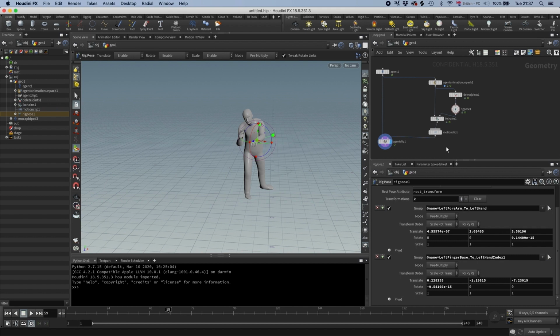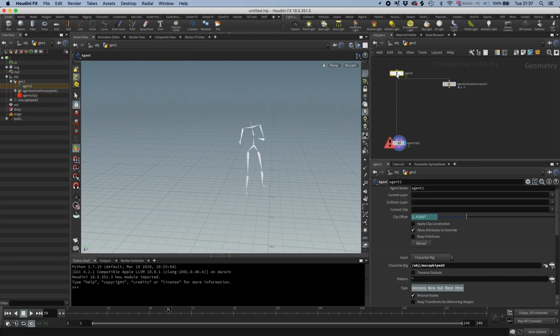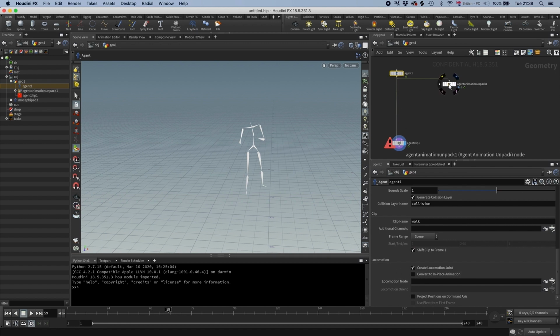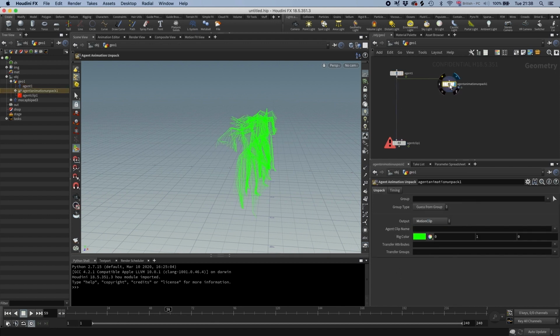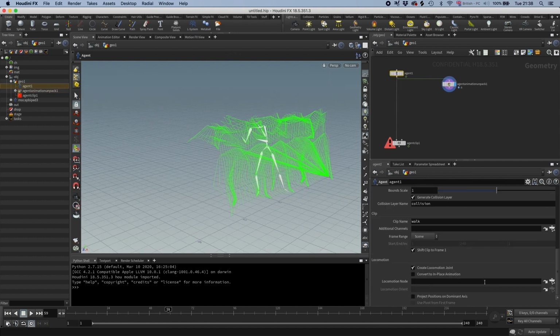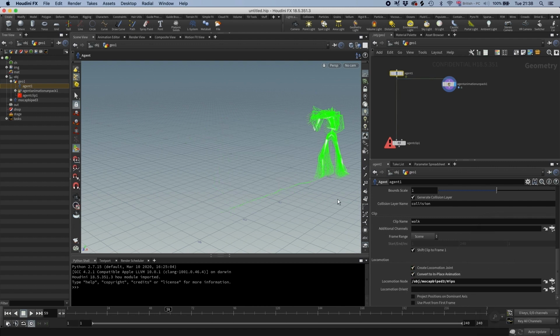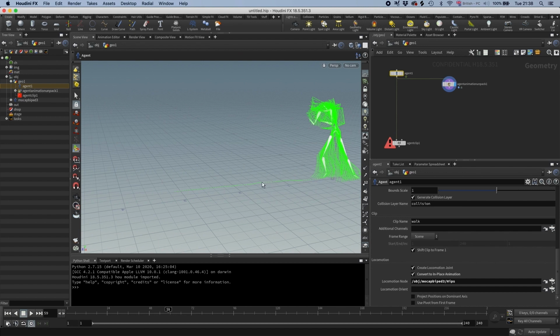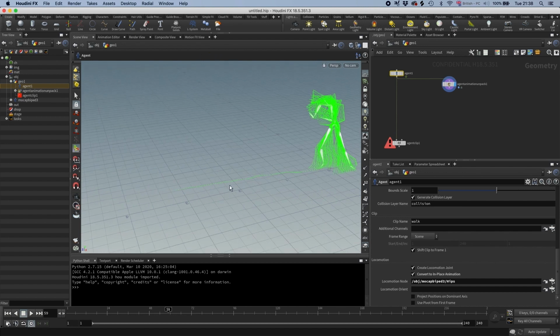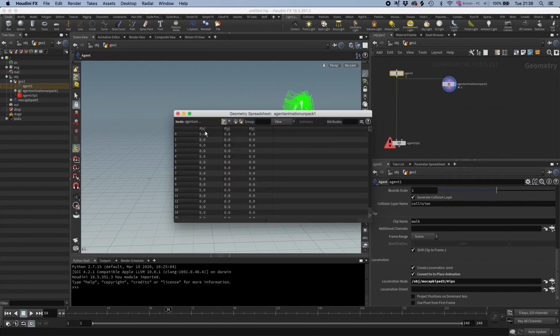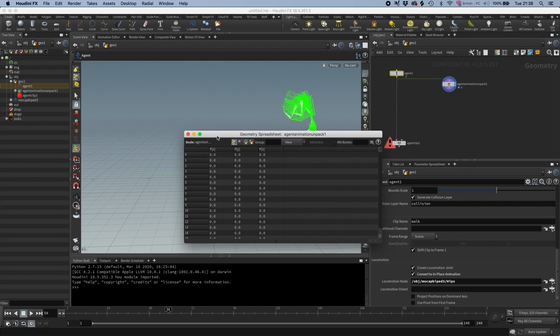One last thing I'm going to show before we go to the first example is a little workflow tip. For a lot of clips, you're going to have them being in place. So if I would create this in place, let's have this set as a Motionclip. I will set this agent to in place. I will say, okay, the hips are the locomotion node, and then convert in place. You can see, first of all, you get this extra node that is locomotion, so you can see the motion through the clip. We also have all the frames overlapping, so it can be a bit hard to see what's going on. The good news is that these point positions that you have are just for visualization purposes,